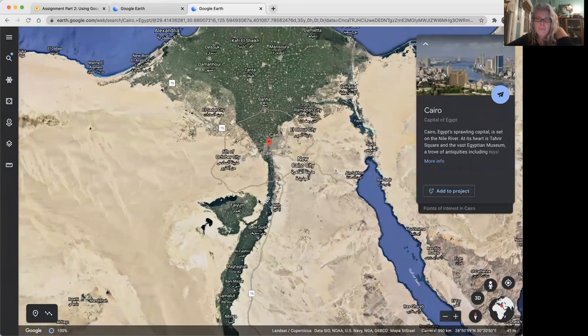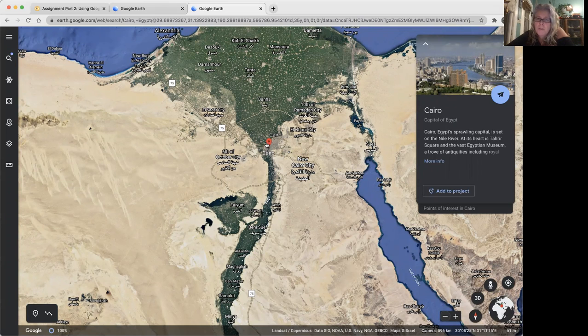Okay, so continuing on. I put my cursor right over Cairo and I have my coordinates in the bottom right corner. I'm going to move my cursor and show you. You can see that the numbers are changing as I'm moving my cursor, but these are the coordinates that you're going to want. Put your cursor over the pen drop.